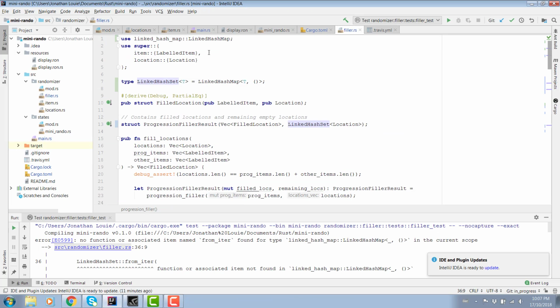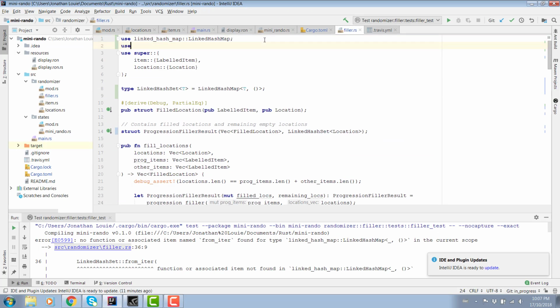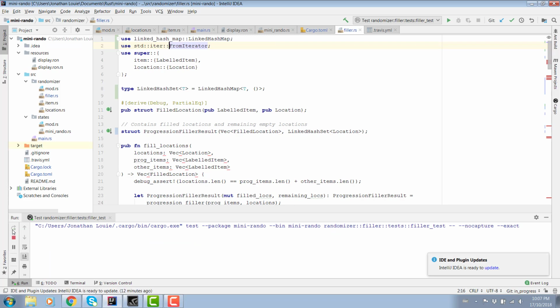Probably. From iterator. There we go. And probably also into iterator. Well, actually, I'm not sure. I'm going to leave it like this for now and see what happens. I might need into iterator as well, though.